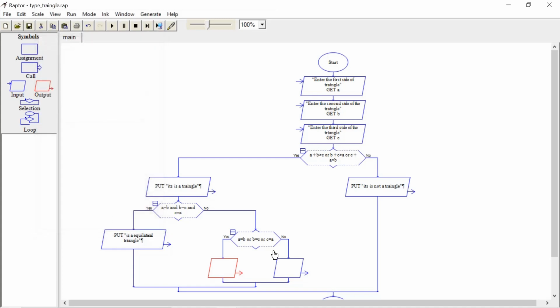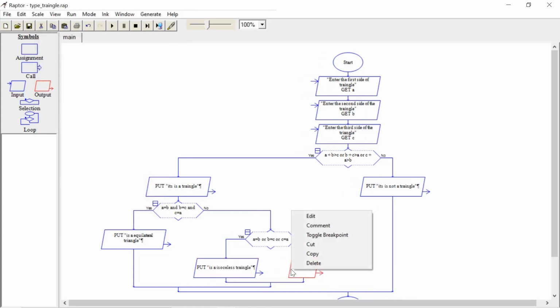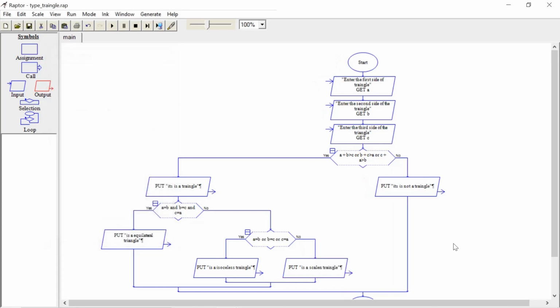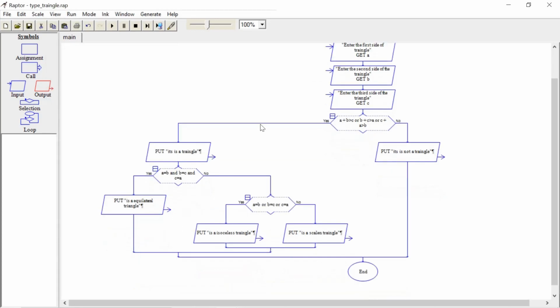Done. If no sides are equal, then it's a scalene triangle. Click on done. Yes, here our program is done.